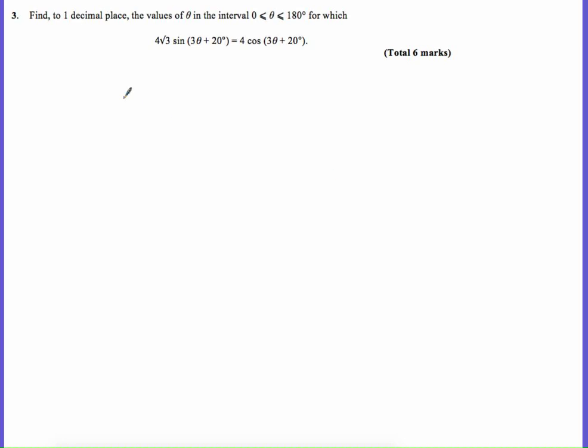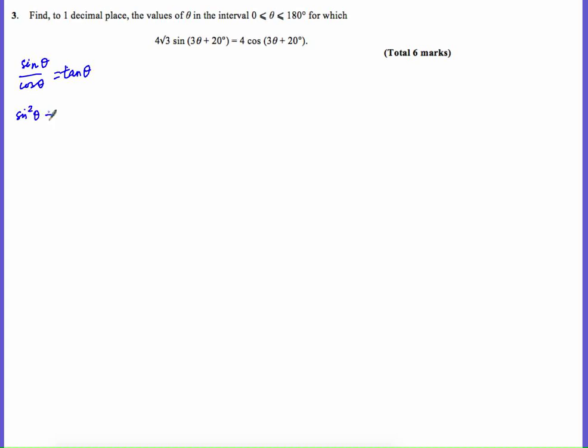Okay, so quite a tricky question. 6 marks. If you just follow the steps, you'll be all right. Always having in the back of your mind your two trig identities. So don't forget sine theta over cos theta equals tan theta, and your other one,